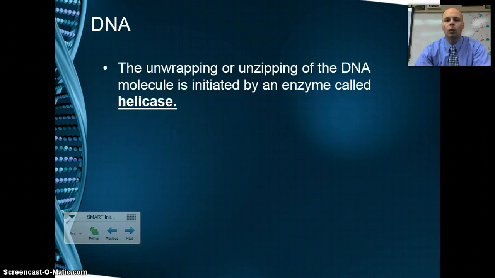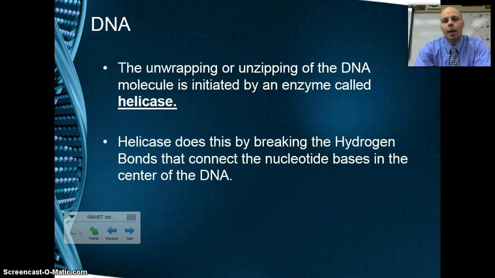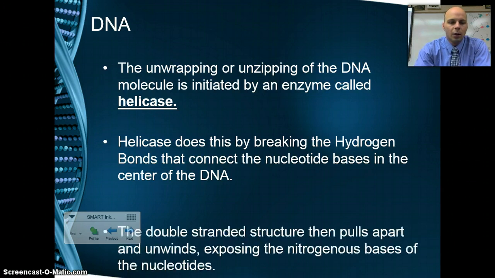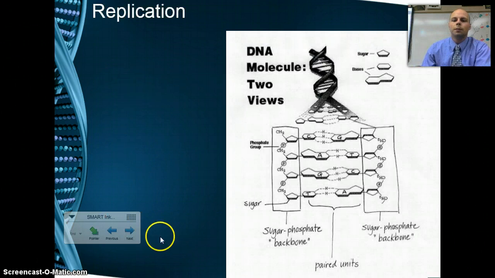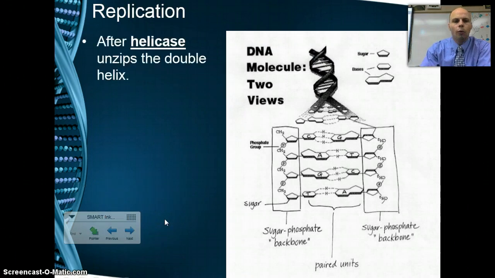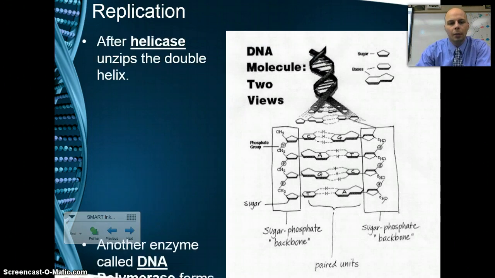And so the first thing that's going to help in unwrapping that DNA strand is an enzyme called helicase. This is responsible for unwinding and then breaking the hydrogen bonds that connect together the adenine and thymine, or cytosine and guanine. And when this helicase breaks those hydrogen bonds, it allows the DNA strands to move away from each other, allowing for more room for our next enzyme to come in,